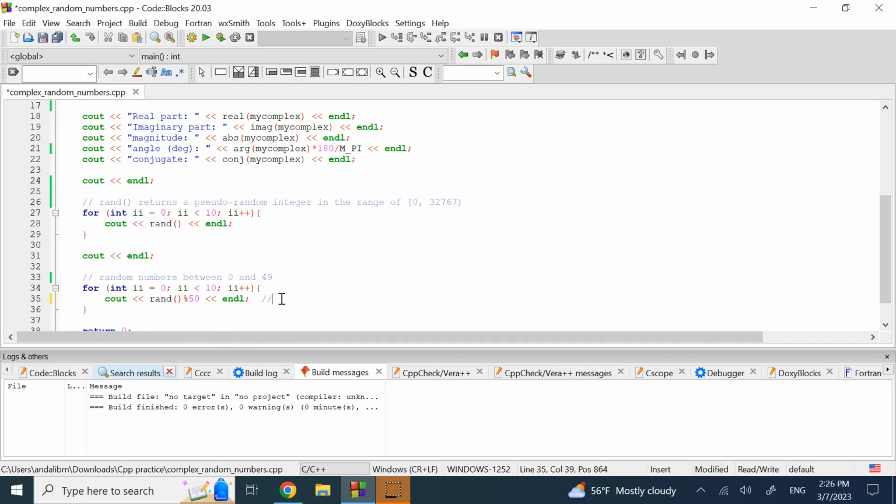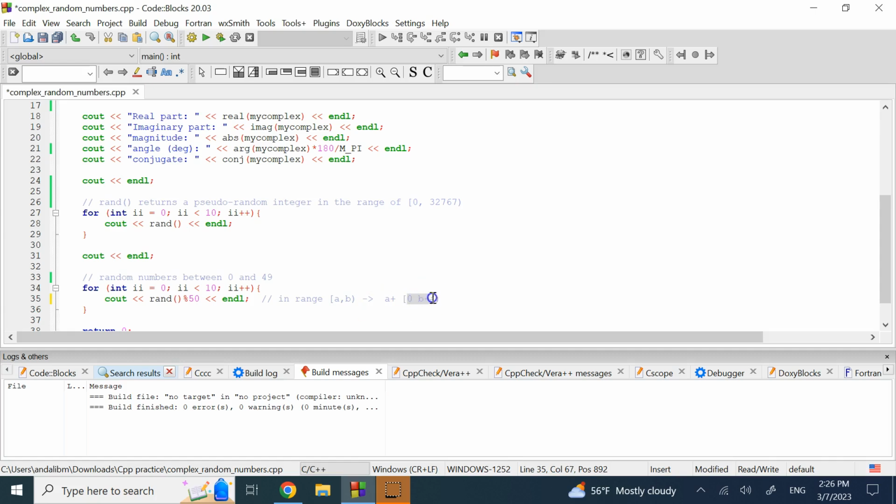So if you want it to be between A and B, or in the range A to B, what would you do? Here, you see, if I divide it by 50, the number is between 0 to 49. So I need to take this range 0 to 49 to a range like A to B. Well, A to B, I can write it as A plus